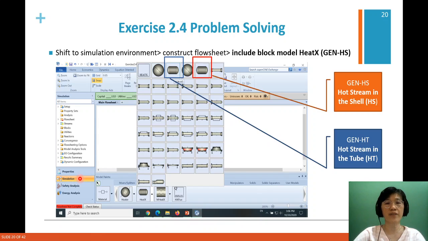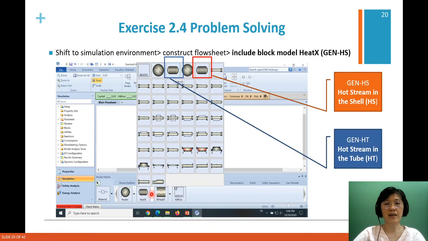So you have to shift here and start constructing the flow sheet, right? And when you construct the flow sheet, you have to select the correct process model, and also you have to include the required stream to the model. Okay. Now, remember you have to use HeatX. So under HeatX, you can go to